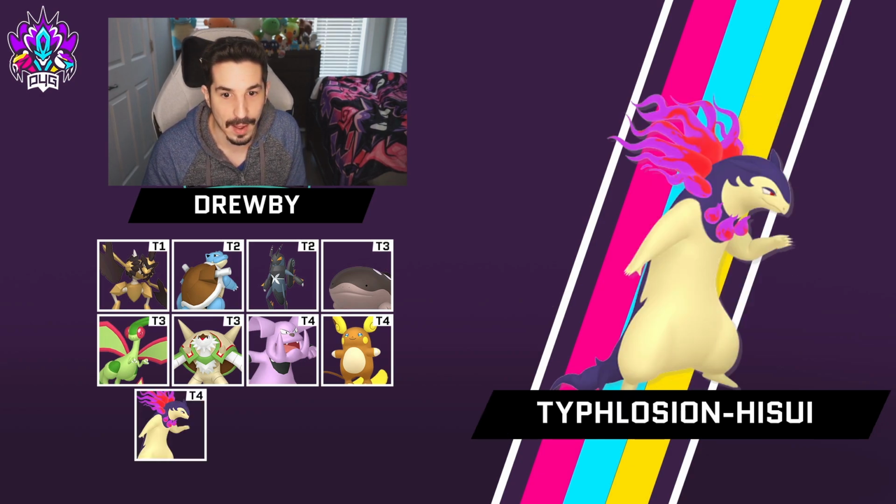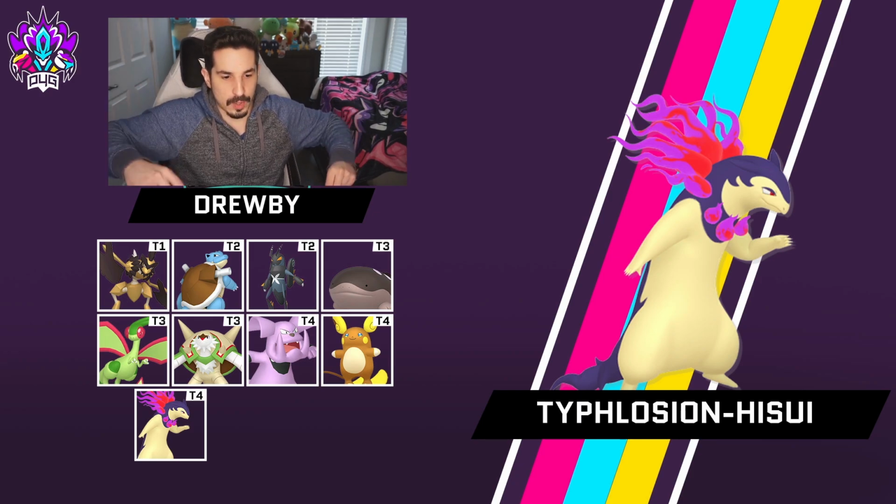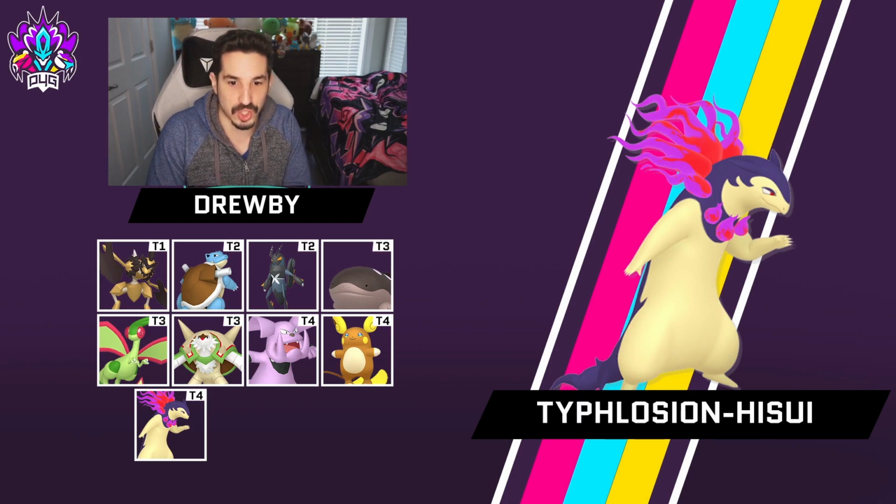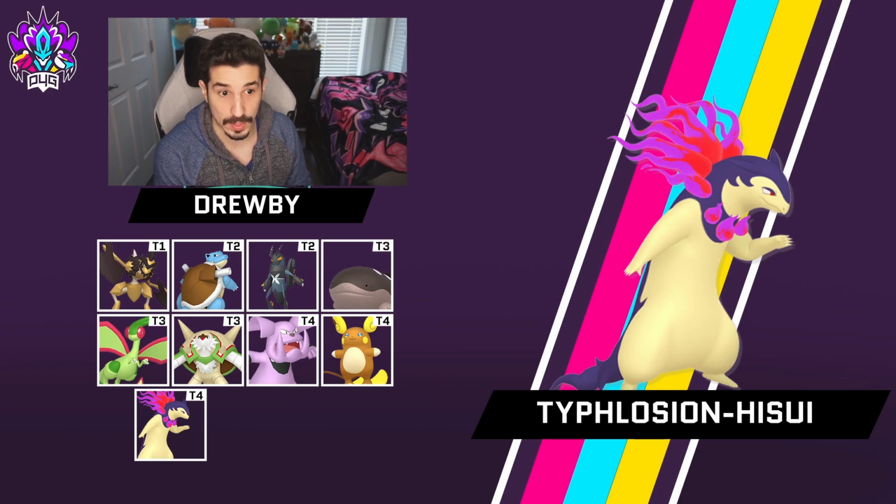Number 9. Hisuian Typhlosion. Give me all the starters. Yeah, give me all those starters. I'm getting my starter collection once again. Typhlosion Hisui, why did I choose you? Not the fastest, mon, but you're not too slow either. You're going to be kind of fast in this draft league over here. Ghost Fire typing. Now, you could be cute with my